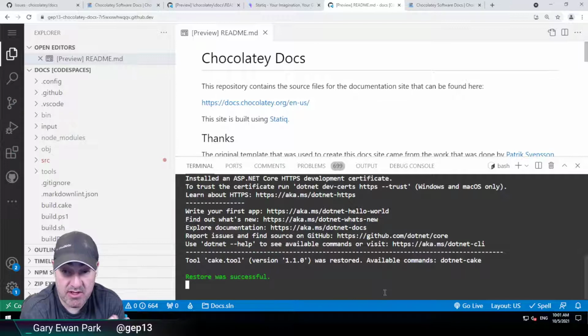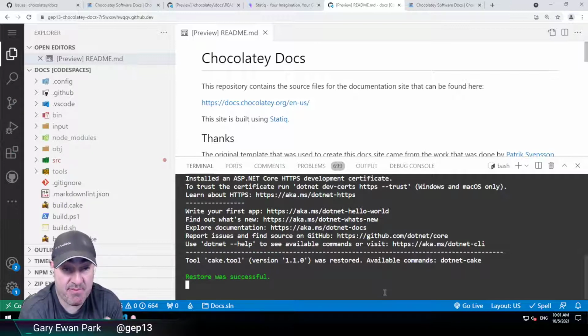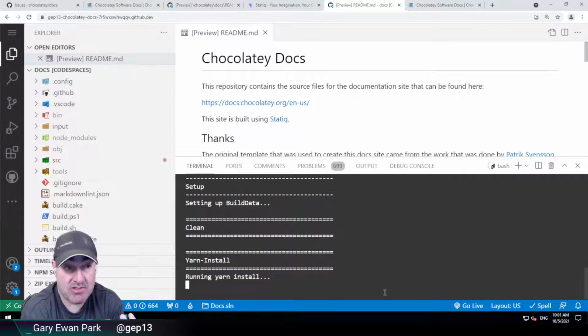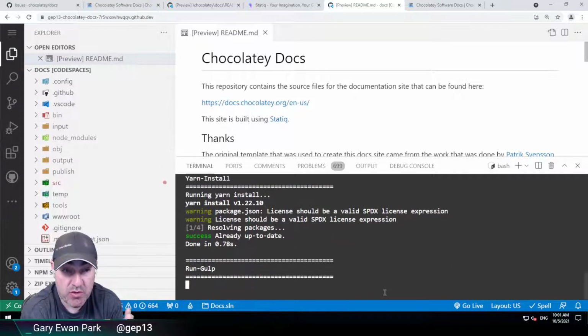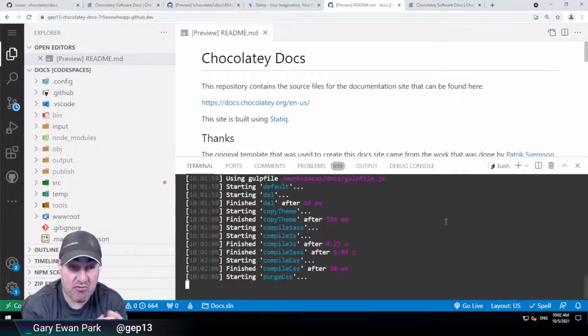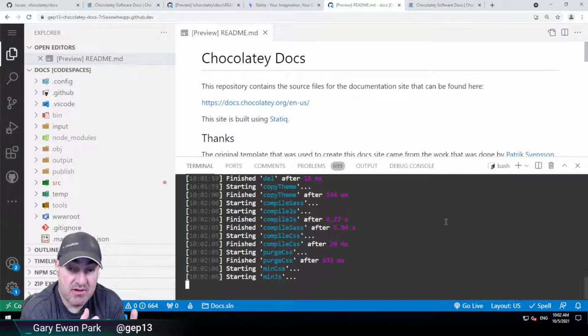It's going to run the gulp task, which is to then take my JavaScript assets, my CSS assets, compile them all down into the way that I need them to. It's then going to run static against that input folder with all those markdown files. It's going to take them, it's going to create the HTML assets from that build, and then it's going to run a preview server